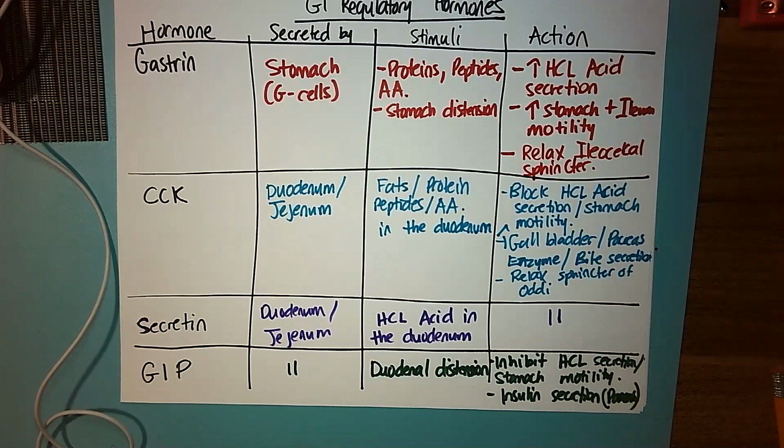Have an understanding of the major hormones that influence the GI system, and then those 2 reflex pathways and the 3 areas of control, the cephalic, the gastric, and the intestinal phases of control, and the long and short reflex pathways. Okay, so those are some of the major